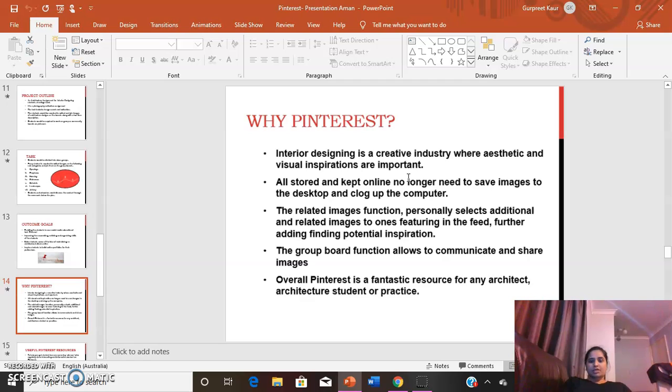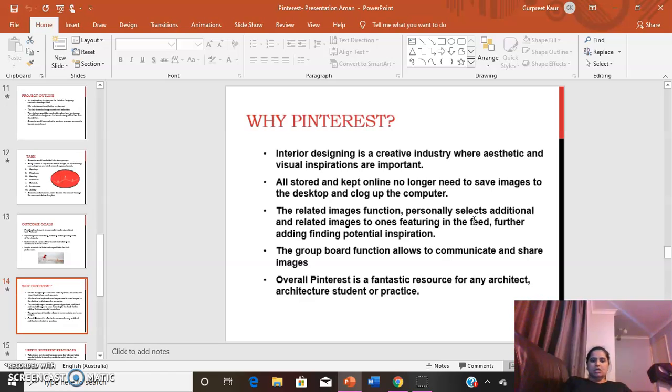All of these are stored and kept online, so there is no longer a need to save images to the desktop and clog up the computer. The related images function personally selects additional related images to the one featuring in the feed, which helps in finding potential